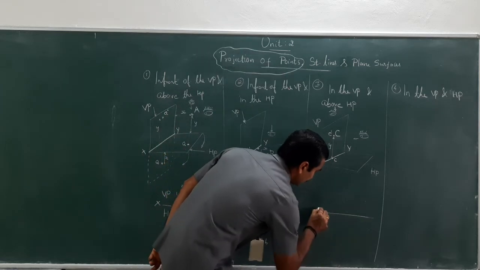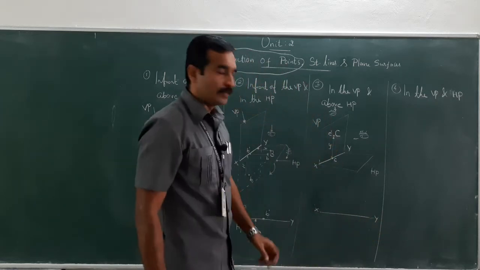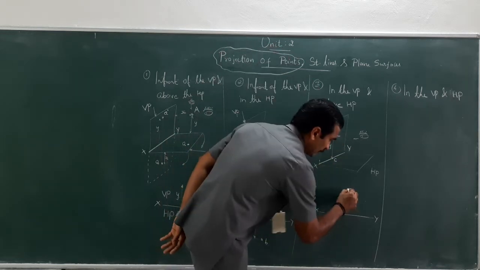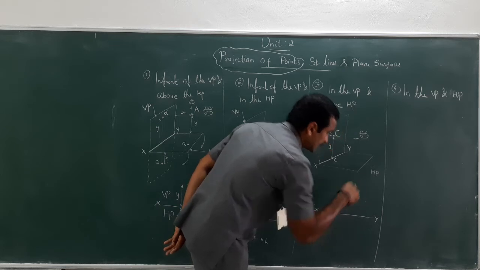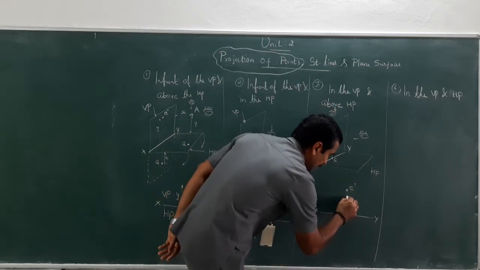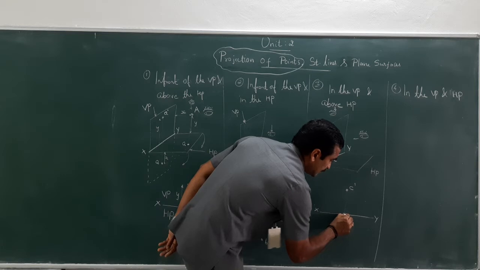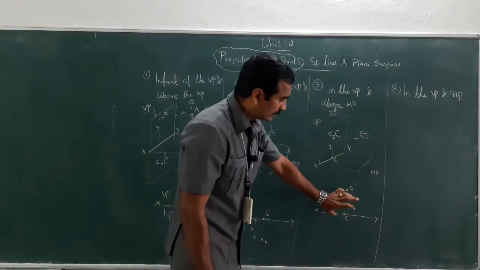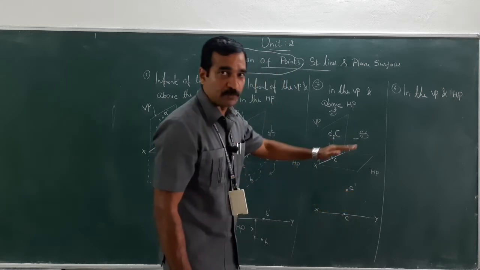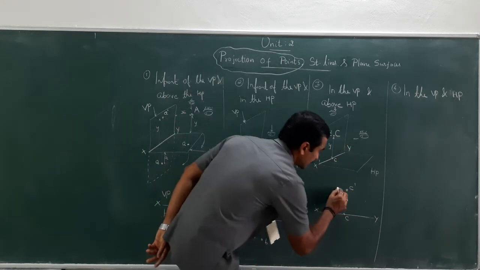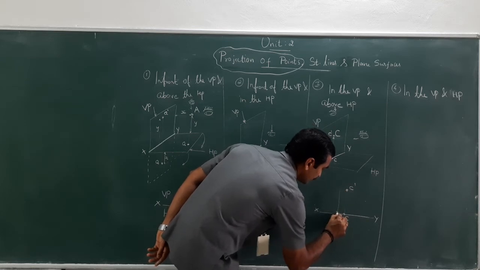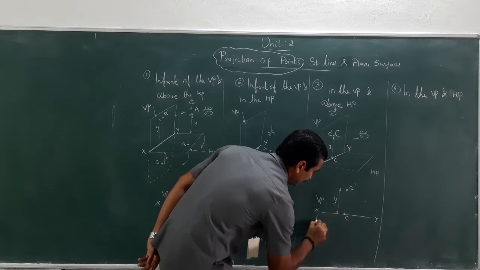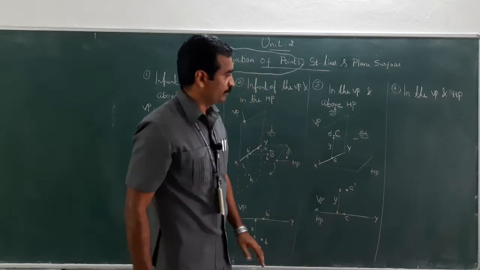Let me just draw the XY. Some distance, that is above HP, right? From the reference line, the point is here. It is C dash. Just project it, and this is the top view or the plan. What about the distance, the height, that means some distance above HP, that is Y distance. Above XY is VP and below XY is HP, isn't it?